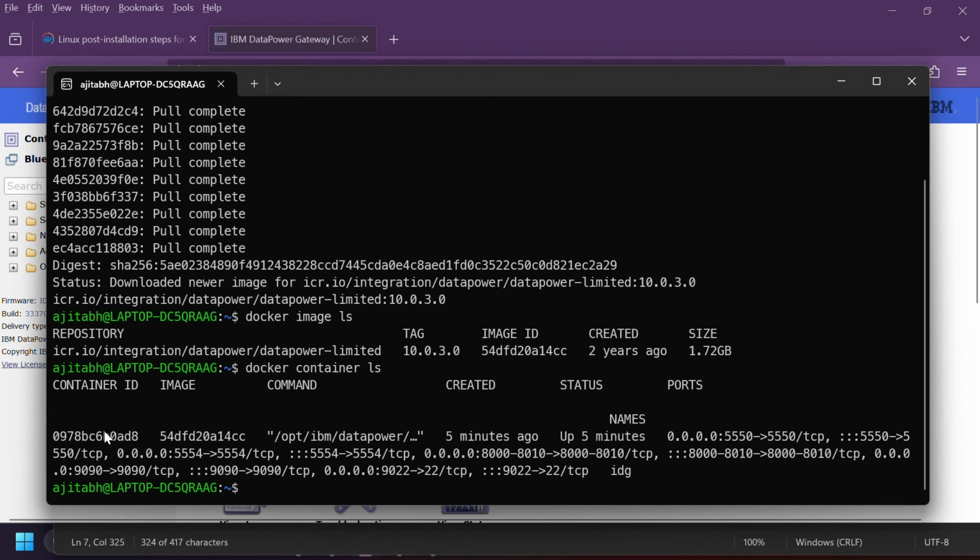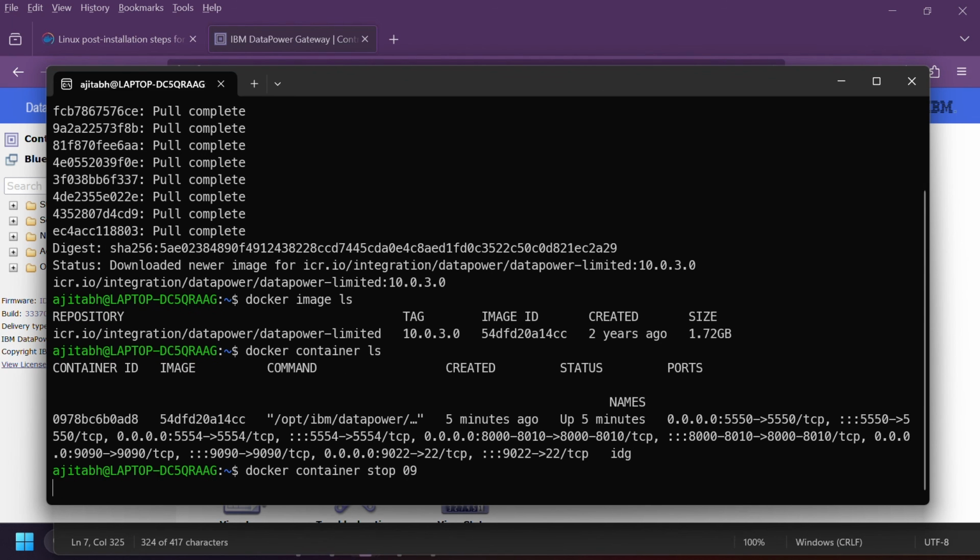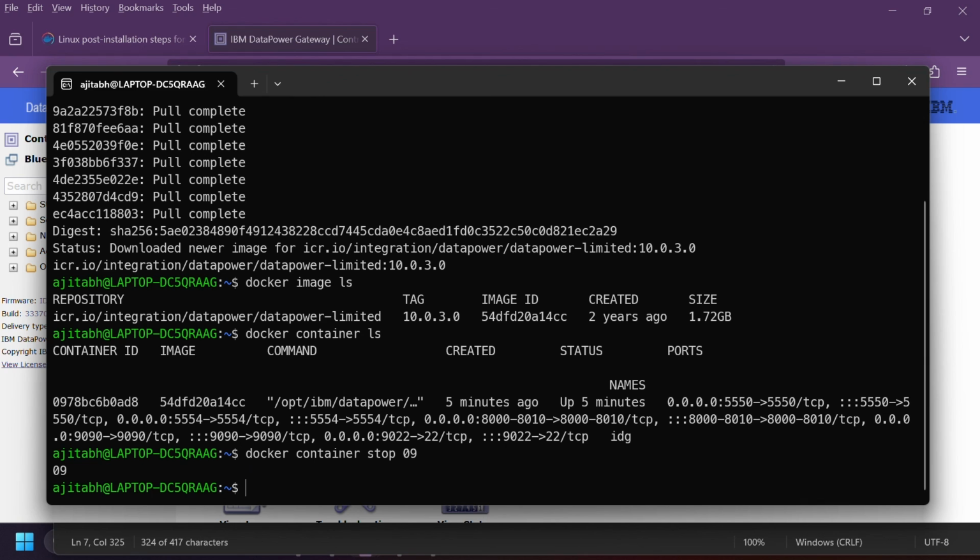You can see this is the container ID of our appliance. So I'm going to say now docker container stop, and here you will see that appliance will go down. Okay, so we can see the echo back, which means that this command is successful,